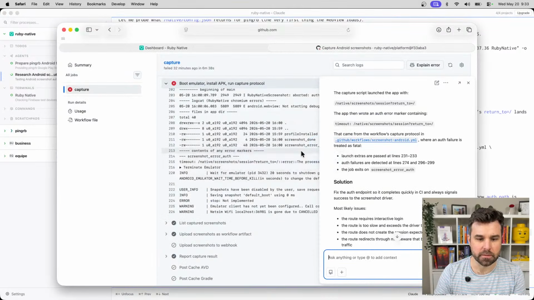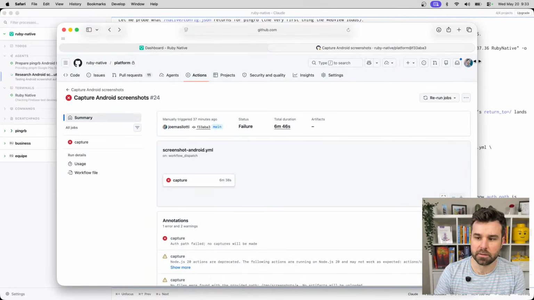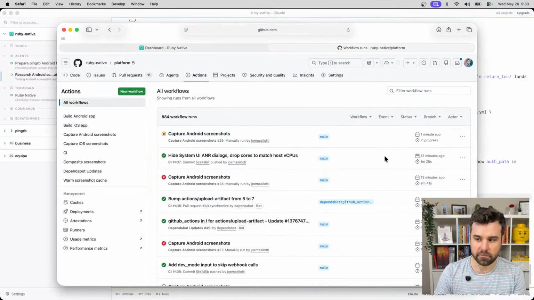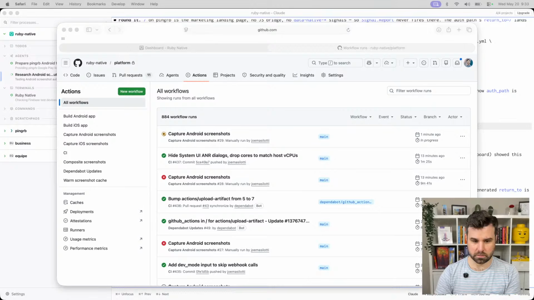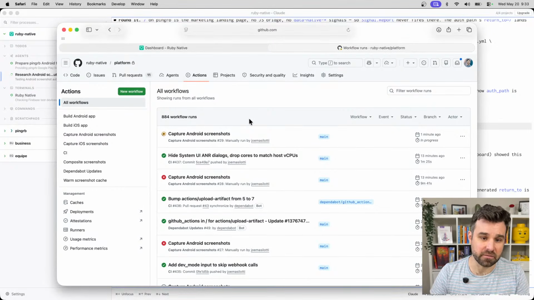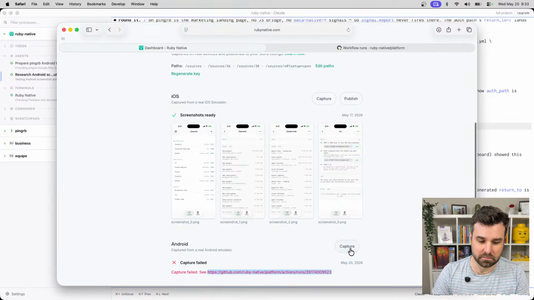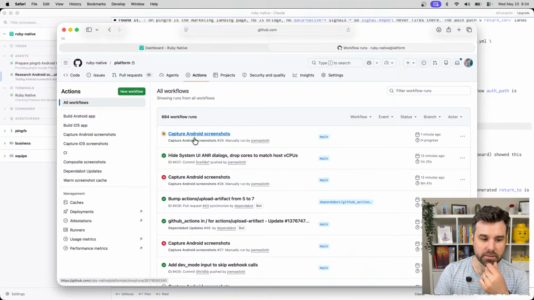Anyway, Claude just kicked off another run. I have Claude in a loop right now, going over and over until they figure it out while I just chat with them. They're kicking off a capture build, clicking this button through a CLI, and then watching the GitHub Action flow. Oh God, it takes so long though,